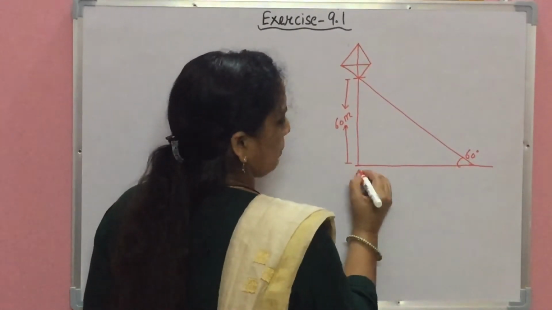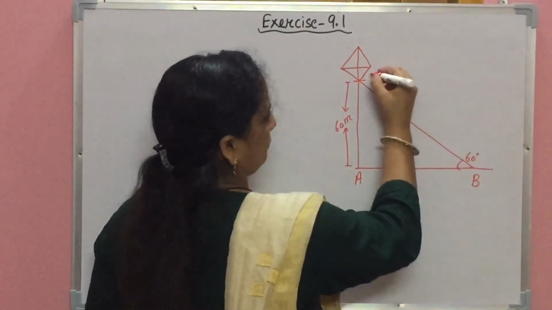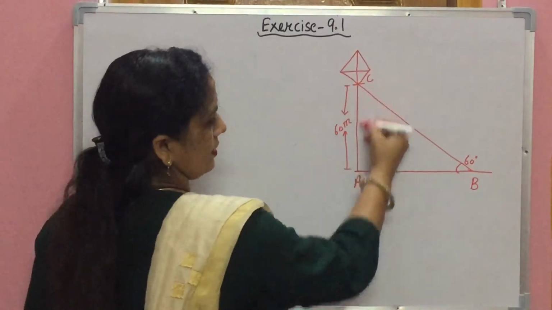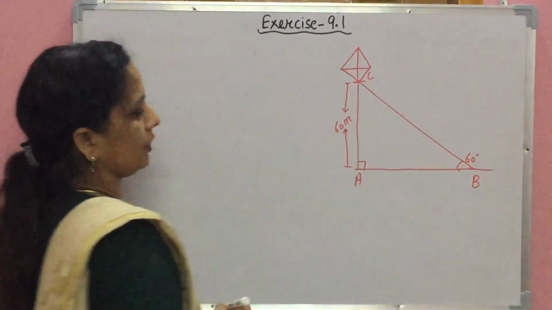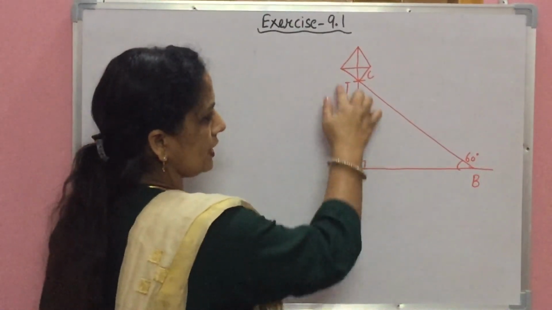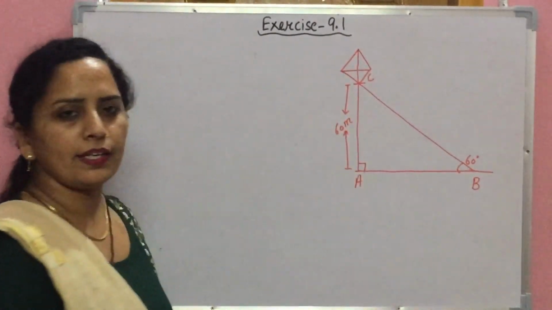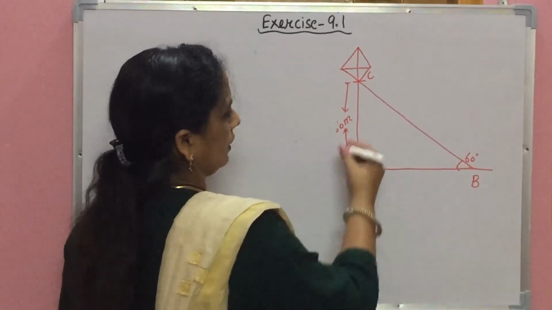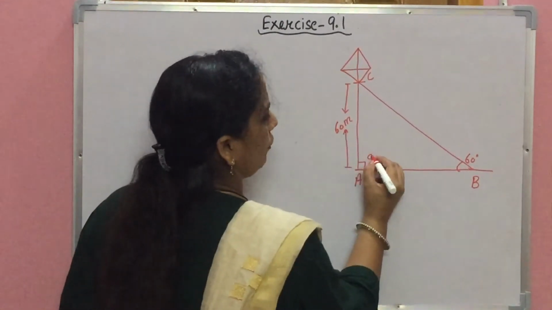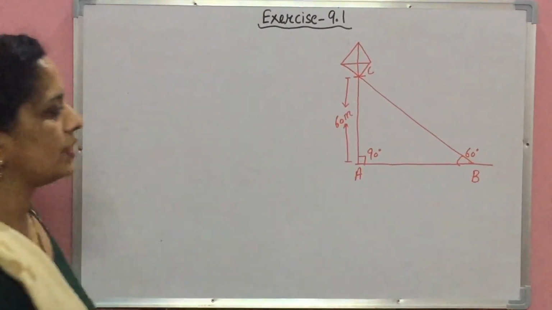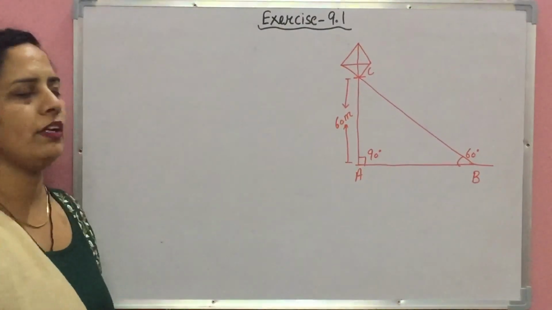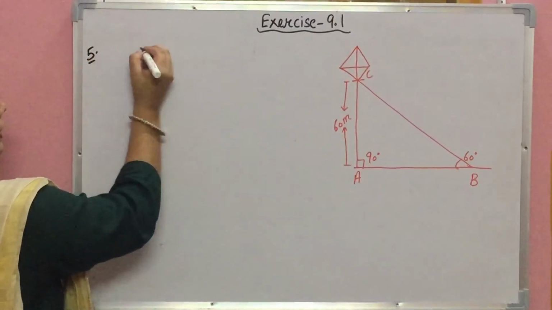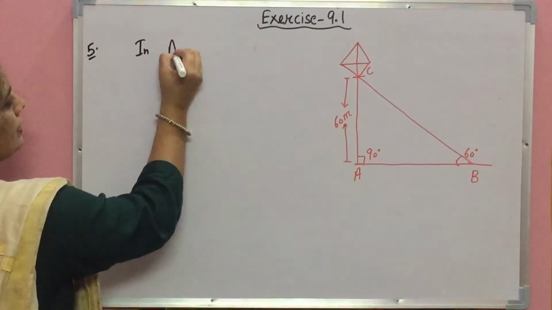So let's suppose the name of triangle. So this distance is on the vertical position, because the distance of this kite from the ground, the height is measured. So this is in the vertical position. So here we have an angle of 90 degree. So this is a right angle triangle and we can follow the same method in this question. So first of all, write the data which is given.